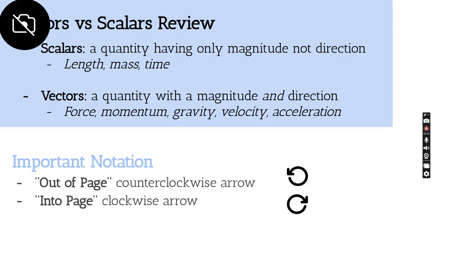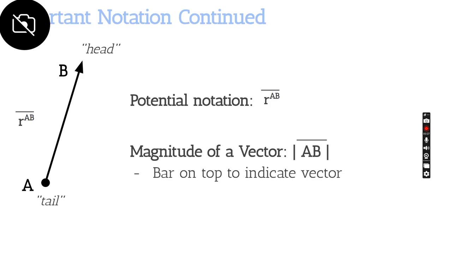For this class, some important notation is that an out-of-page vector will be indicated with a counterclockwise arrow, and an into-page vector will be a clockwise arrow. Some more important notation for this class is that any vector will be shown with a bar over top of the name, as shown here, and then the magnitude of that vector will be the name of the vector inside